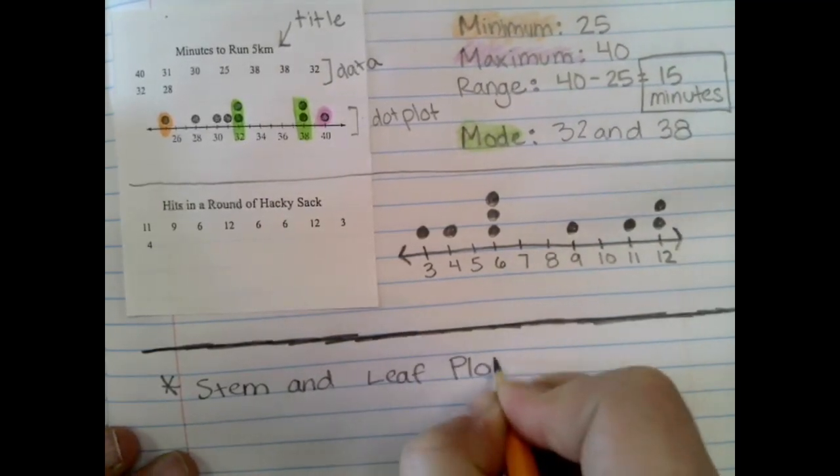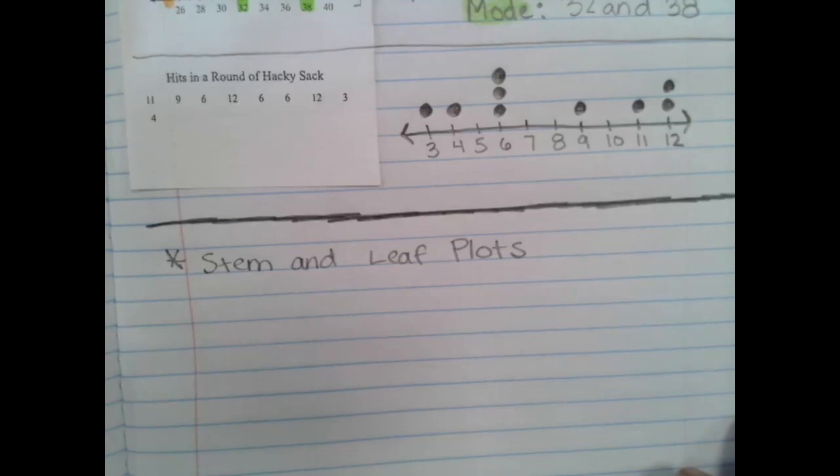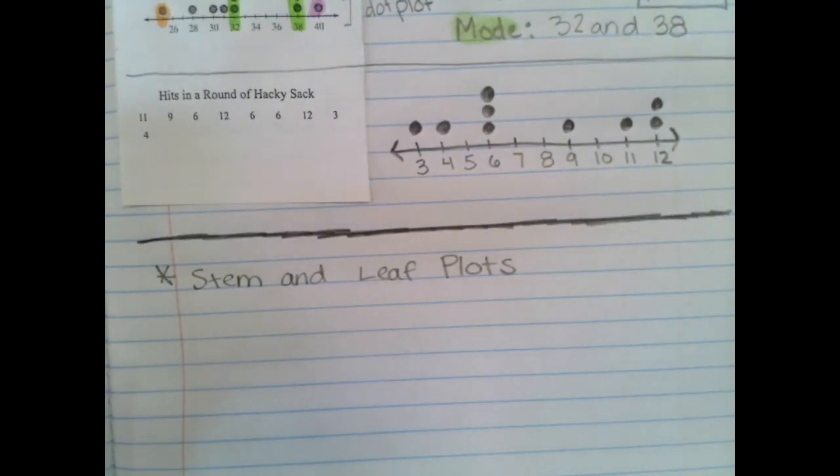Now, stem and leaf plots are used mostly in science classes. It's mostly when you're writing down data points, and especially if you're writing them down quickly, you'd want to use a stem and leaf plot, because if you have really big numbers, the amount of time it takes you to write a 5-digit number